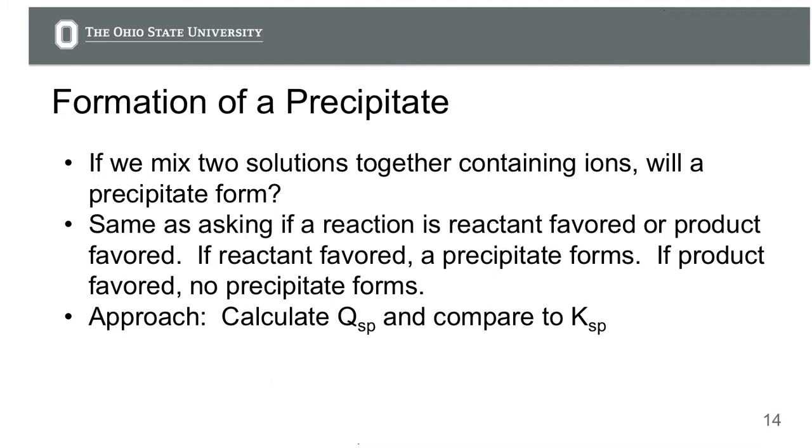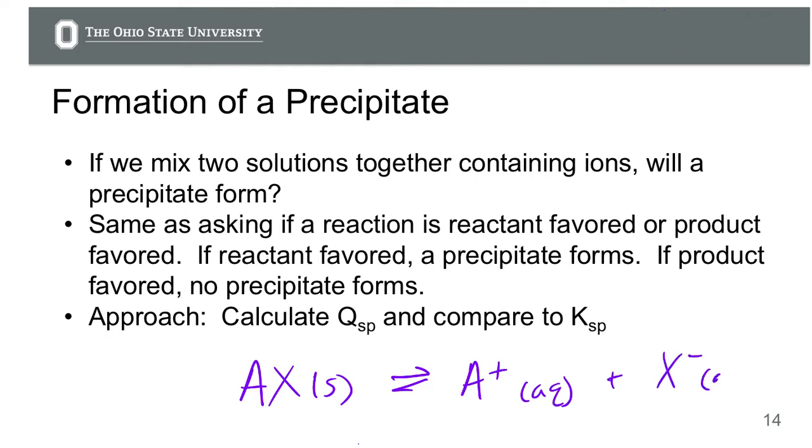When we think about whether a precipitate forms, we'll think of some general compound AX, the solid phase in equilibrium with A, the cation and the anion, in the aqueous phase. And so we're saying that if a precipitate